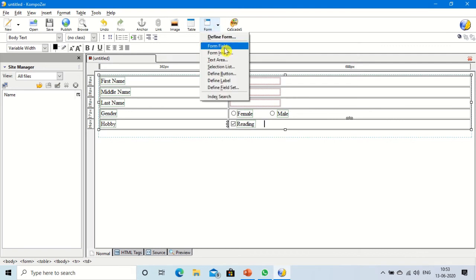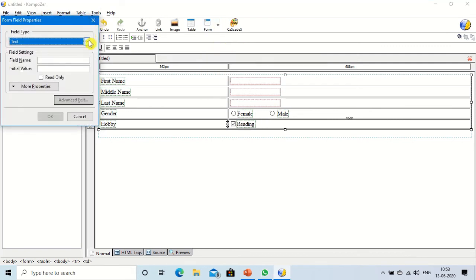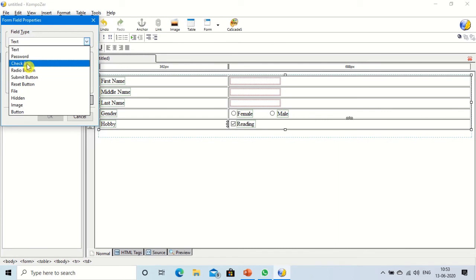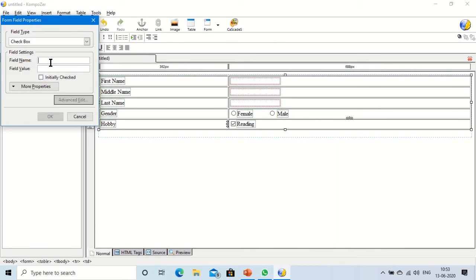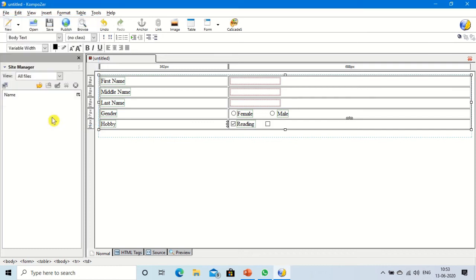Go to the form, select form field, select the checkbox and here give the field name chdance or dancing and give the field value, that is dancing. Click on OK and here you give a label so that the user can understand what we have to do here. So insert a label and write here dancing.